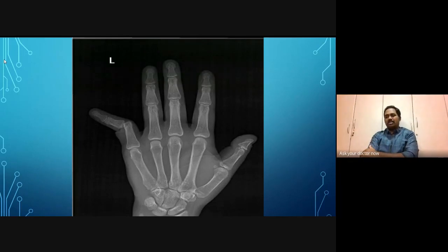That is called, you will be reading about it later. It's called buddy strapping. This is what is commonly followed for the hand as well as the foot. And sometimes all these dislocations, no matter which joint it is, are irreducible due to various